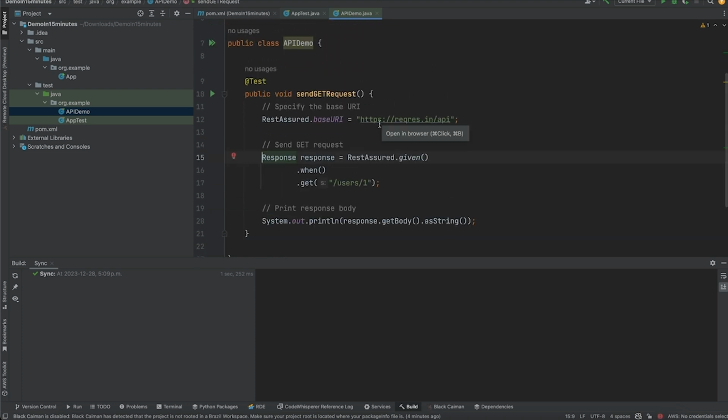Now let me explain quickly what I'm trying to do over here. Here I'm specifying the base URI. The base URI is reqres.in/api, and this is a real endpoint, correct? But a demo one. And then I am trying to hit a GET request. Those who already know, API has different types of methods like GET, POST, PUT, PATCH. For this 15 minute demo, we are picking the GET